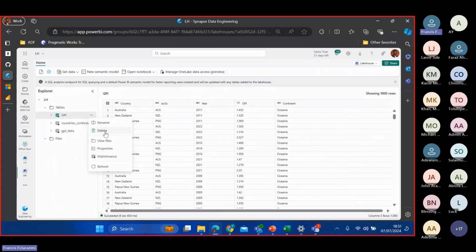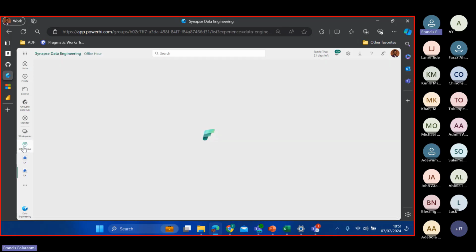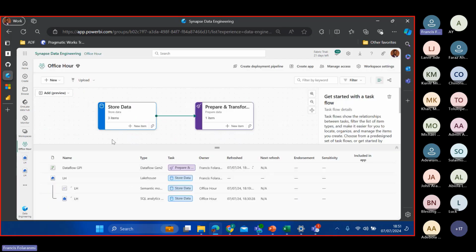Okay, let me do it again. Just to be sure, let me see if my data flow is downloading. So I will check my data flow. Okay, it's still loading.